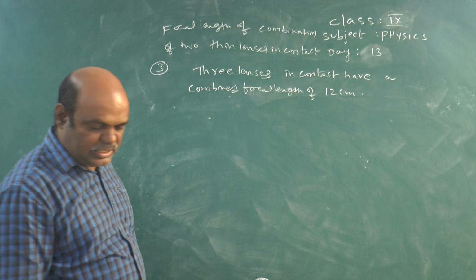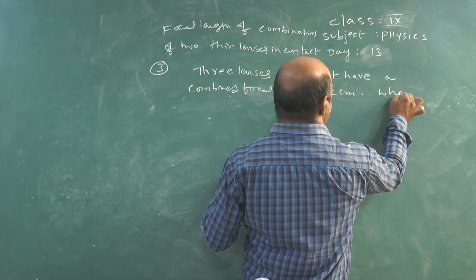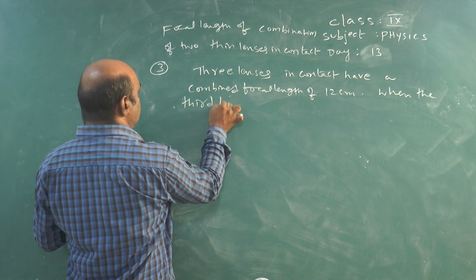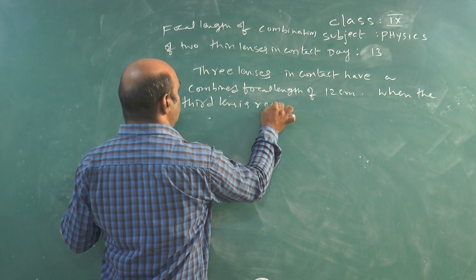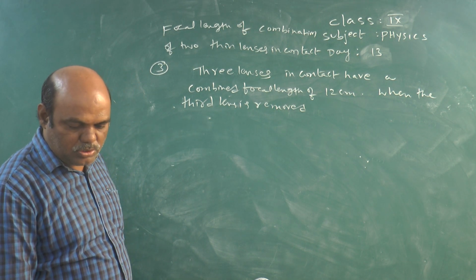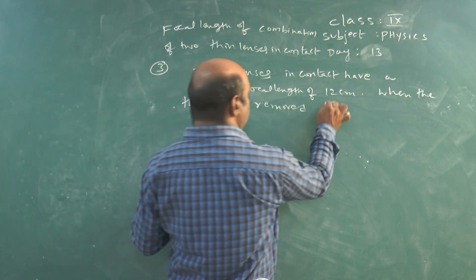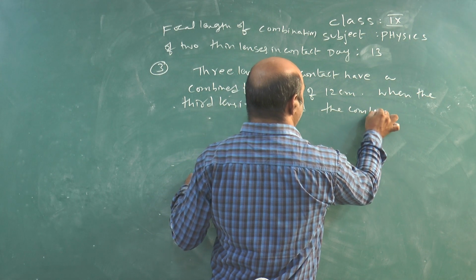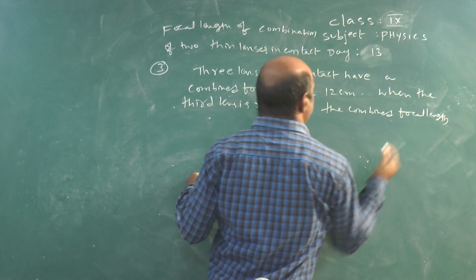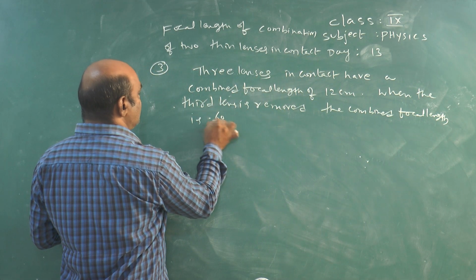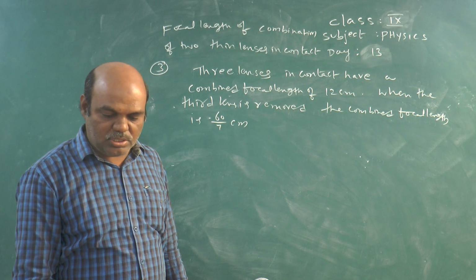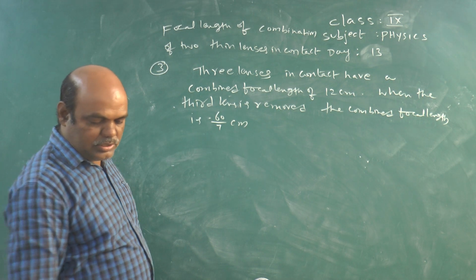When the third lens is removed, the combined focal length is 60 by 7 centimeter. Then the third lens is